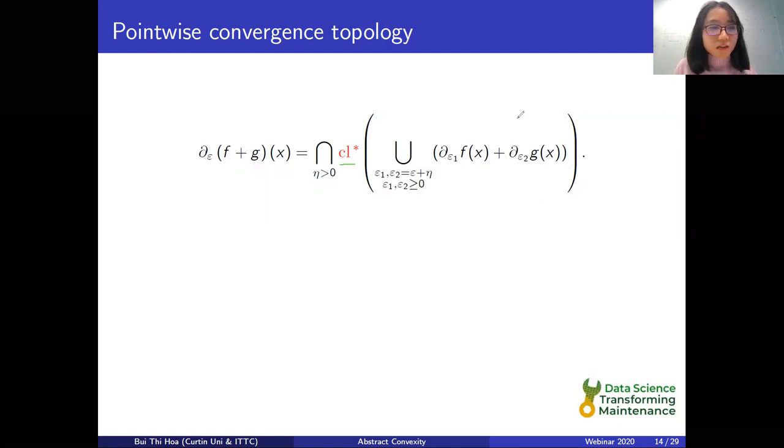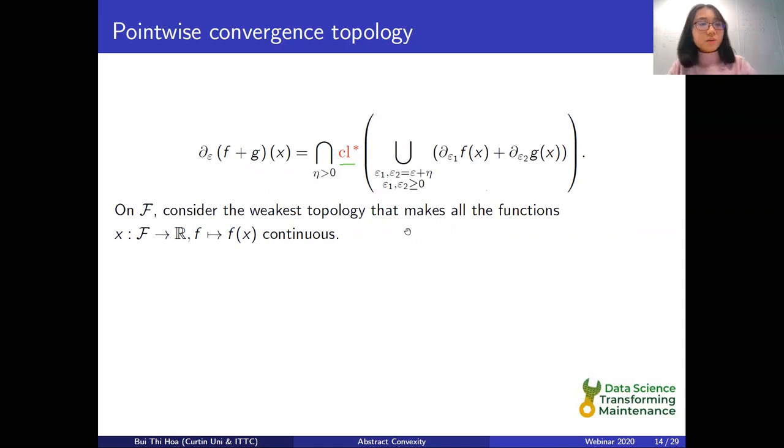So at the moment we don't have any topology to work on. That is understandable why we couldn't have a proper sum rule, a good sum rule. So that is why we impose